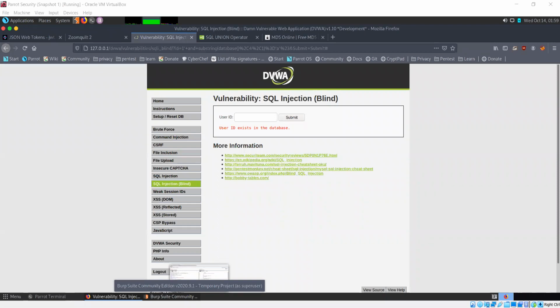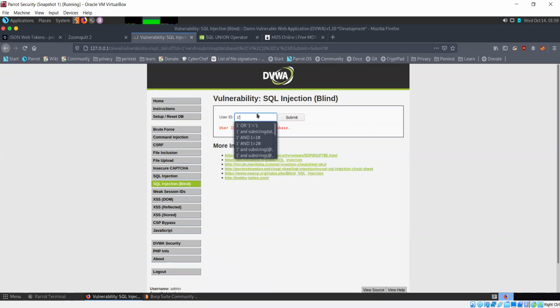Now, in order to check whether our application is vulnerable to this or not, what I'm going to do is, again, user ID 1 and sleep. The sleep command tells the server to go to sleep or not respond for a while.